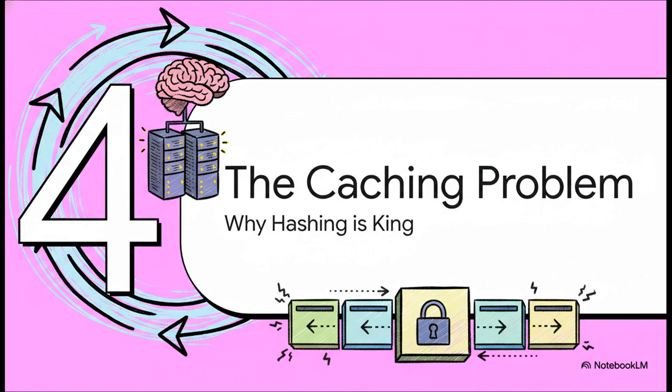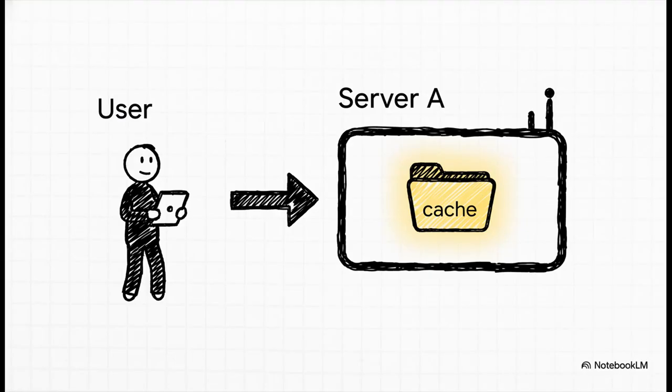Because this little guy solves a huge, huge problem in how big systems work. I'm talking about caching. And this, my friends, is where load balancing gets really clever. Just think about it for a second. Let's say you visit a website. The server you hit has to go do some work, maybe pull your profile from a database. To be efficient, it saves, or caches, that profile in its own memory. That way, the next time you click something, it's bam, super fast, because the data is right there.